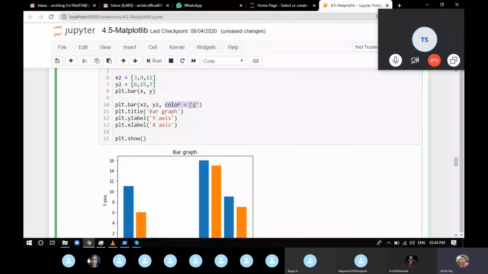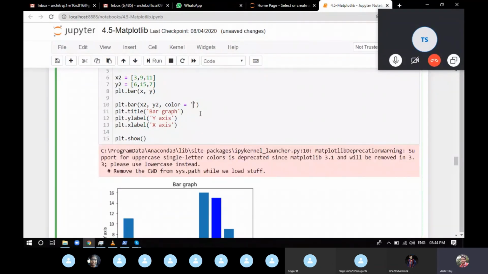Again, if you want to know which colors are available to use, go to the documentation and search for it. Currently you're providing green, so for the second you got a green color. If you go for blue, fine, but not capital B. Even though it works, it's not suggested to use capital ones. So blue is going to work with the bar graph.